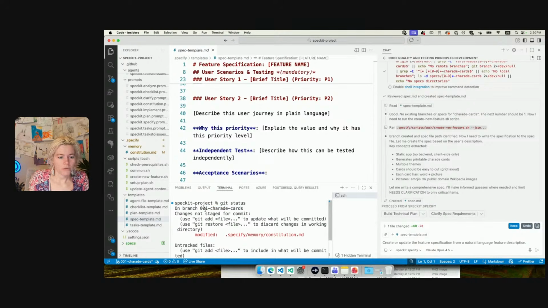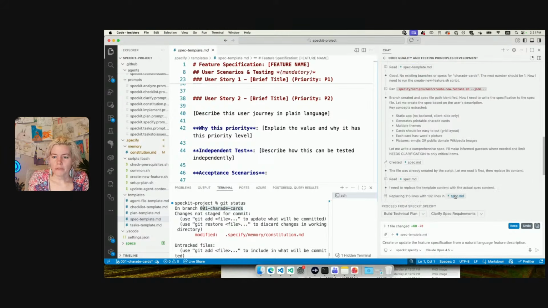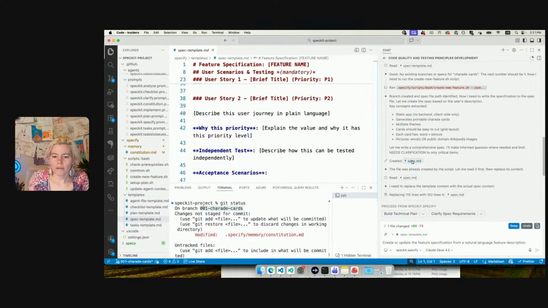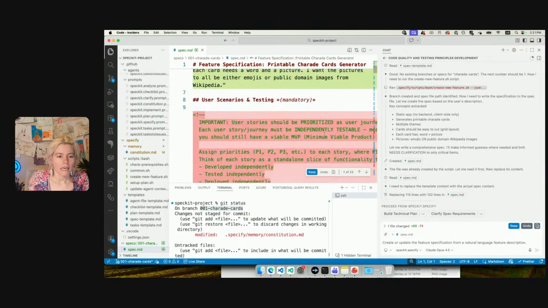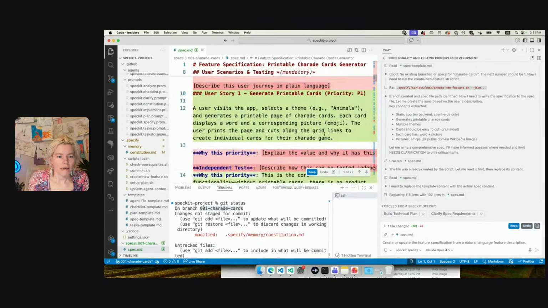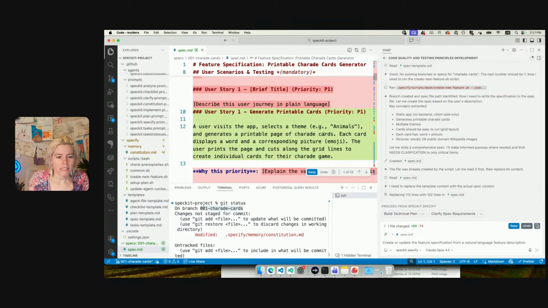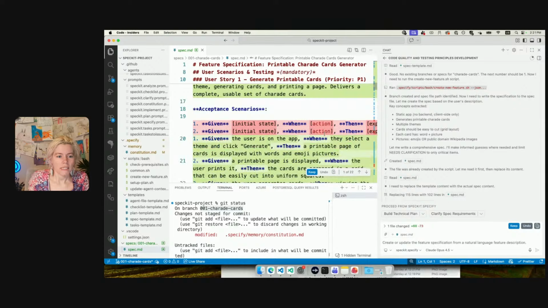And yeah, 001 charade cards. So it numbered the branch at 1. And there we go, so it created the branch. Now it wrote a spec and made a bunch of user stories, selects a theme, generates a printable page, acceptance